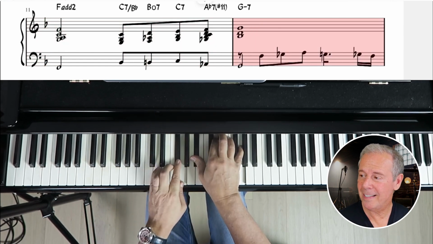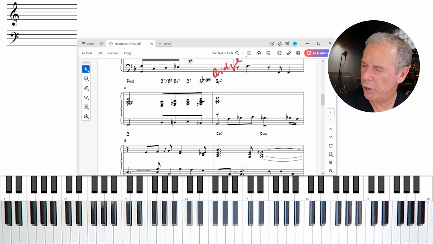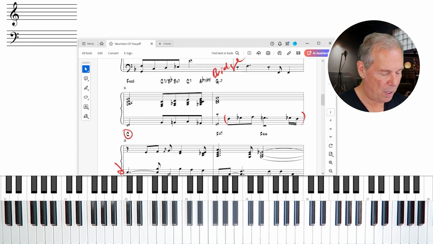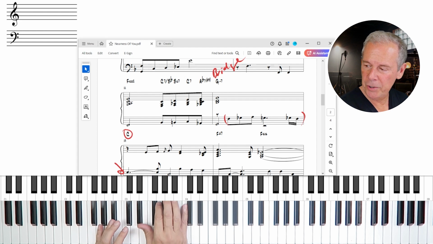All right, there's our next example. This would be an example of creating inner melodies. Okay, the bridge starts here on this G minor 7th chord, and the inner voices go from here right through the bar. And we're connecting G minor 7th to the C chord, and you'll notice that the left hand is dropping from the G flat to the F to the E down here, which is the chord tone of C major. So from the beginning of the bridge,